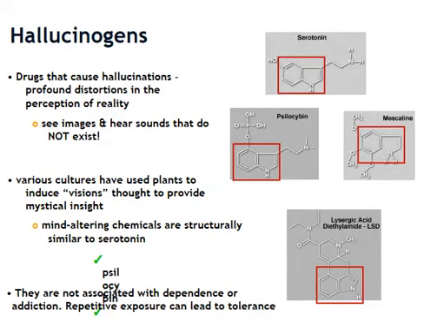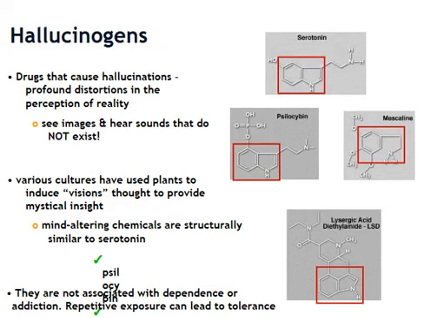This next group of drugs are quite interesting. These are the hallucinogens. These are drugs that can cause hallucinations. And these offer profound distortions in the perception of reality. And so these patients that are on these drugs actually see and hear things that do not exist, that aren't actually happening. And so various cultures over the millennia and over the centuries have used plants to induce these visions